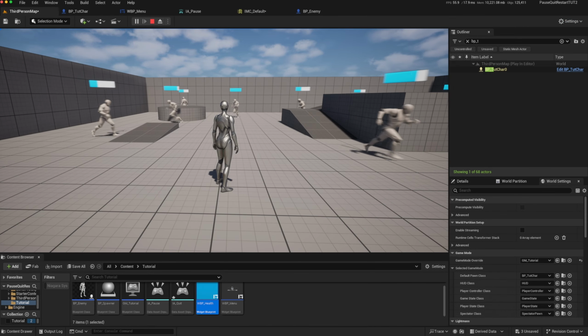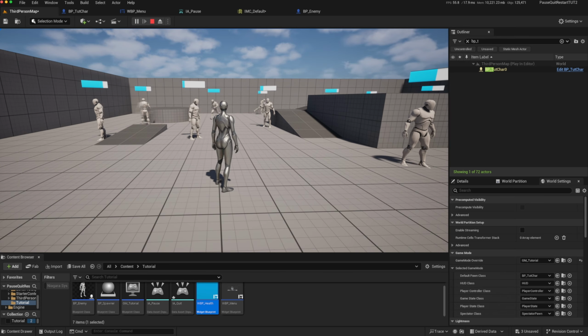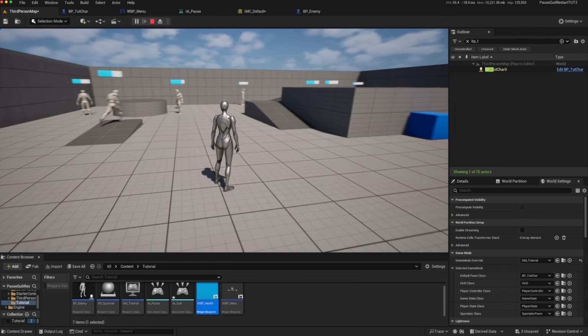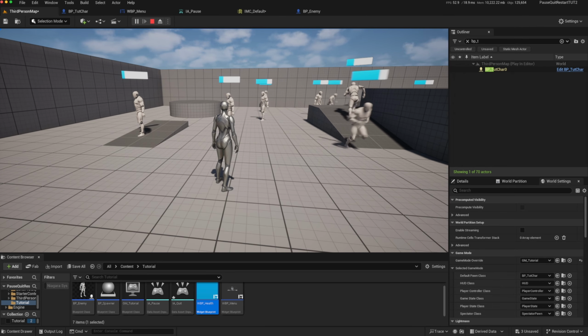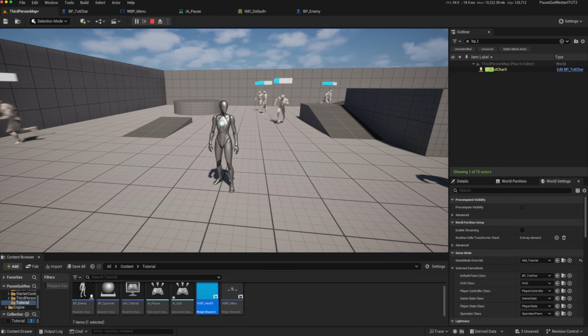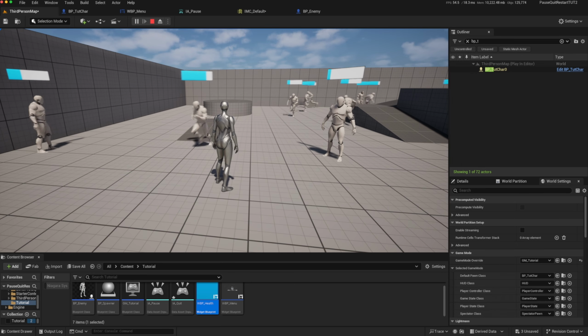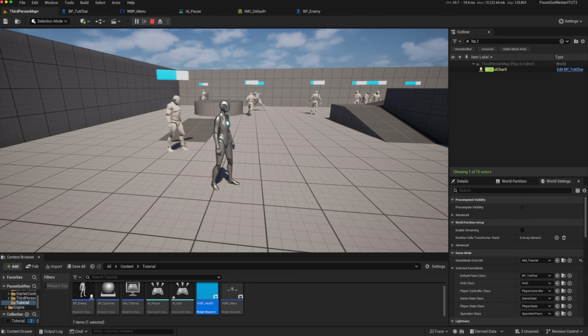The last thing to look at is how we can reset our level. In other words, if we wanted to perhaps just reset the health on all of our enemies, as you can see by the widgets above their heads, without having to restart the level, how could we go about doing that? So if we go back to our menu,